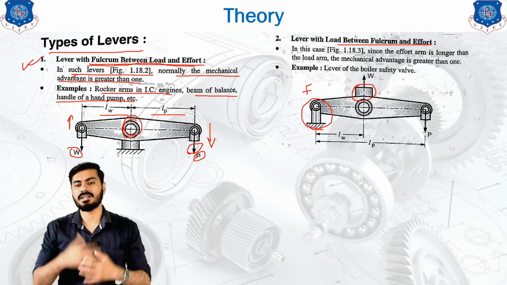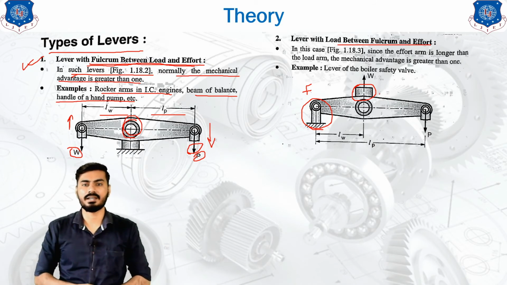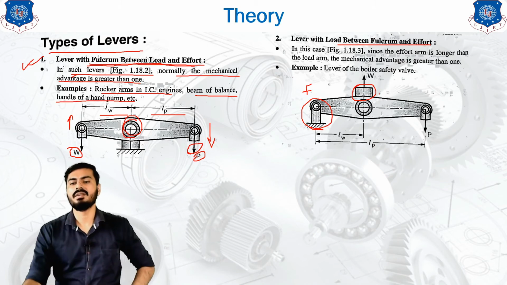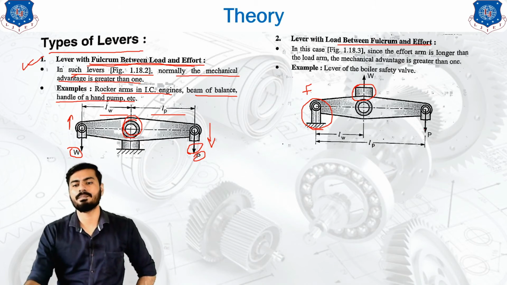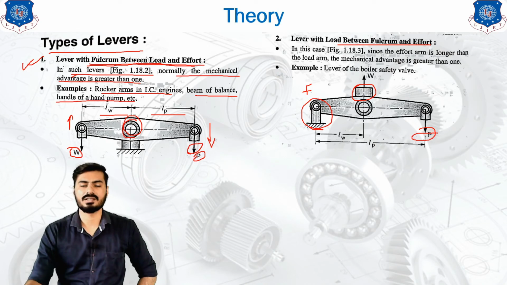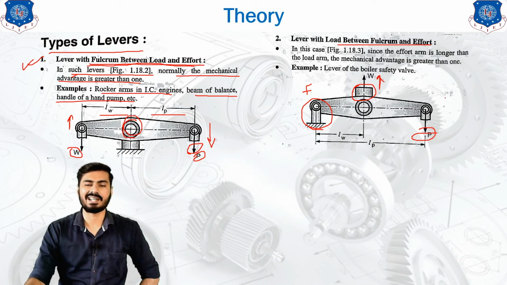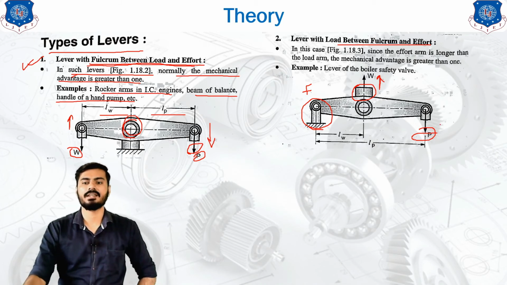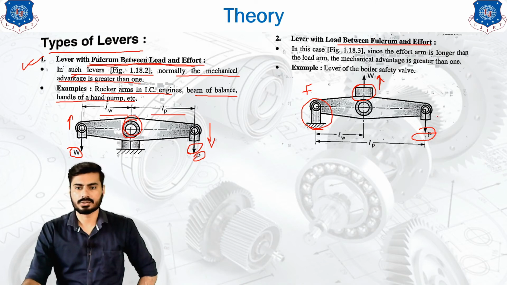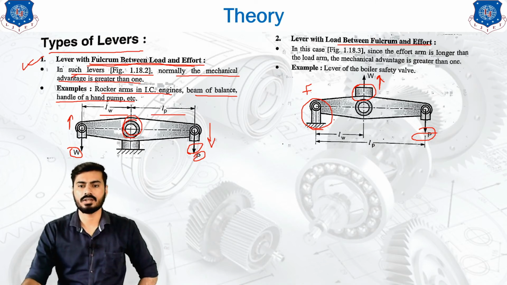lever. And whenever this type of application is required, then in order to lower the lever, we will apply the effort or the P force in a downward direction. This is the direction of the P force. As this is the load in upward direction, in order to take it down, we need to apply the force in a downward direction. So this is the mechanism, and based on that mechanism we can identify few distance.